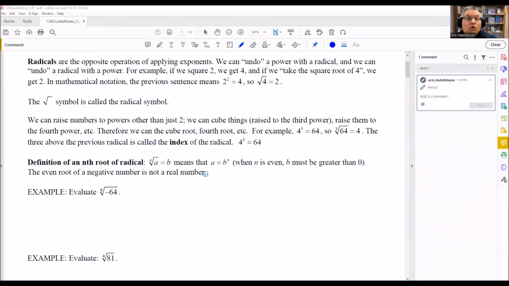We're going to talk about radicals. A radical will undo exponents. So for instance, here we've got 2 squared equals 4. But then if you take the square root of 4, you'll get back to the 2 that you started with. So both of these things actually mean the same thing. 2 squared equals 4 and the other one. Both of these are true statements, just that one is written in radical form and the other one is